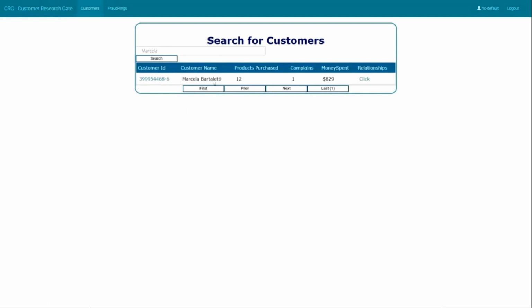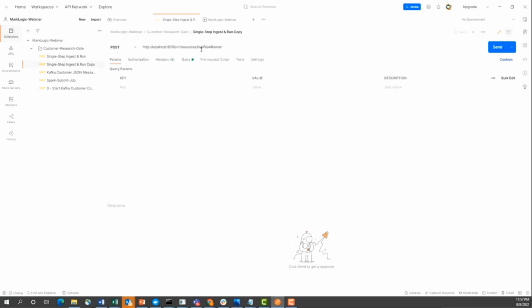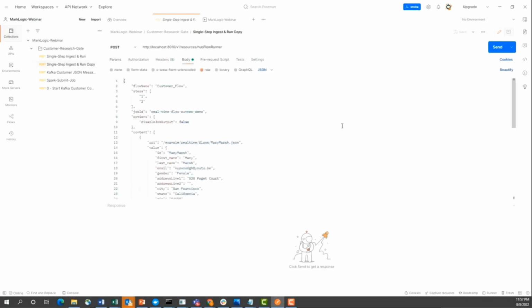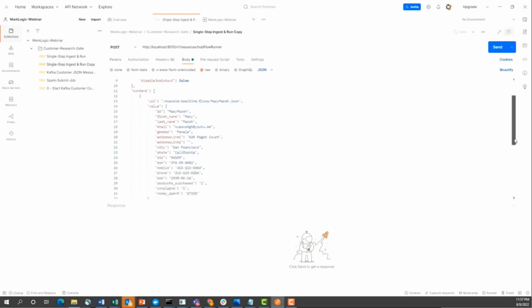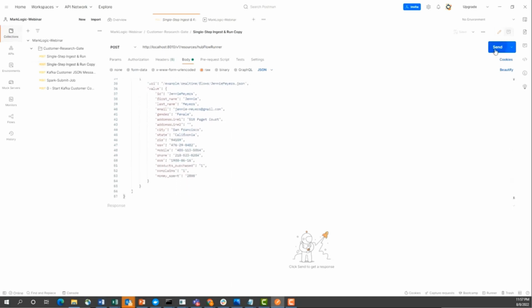Okay. So now what we have done is we just loaded some customer data in the batch format, right? But now I will go to my Postman step, and I will use a REST API that comes with MarkLogic Data Hub called Hub Flow Runner. It takes a specific structure in the body, but what it is essentially doing is I'm going to load two more customers in a real-time way. Okay, so I'm just submitting this document,